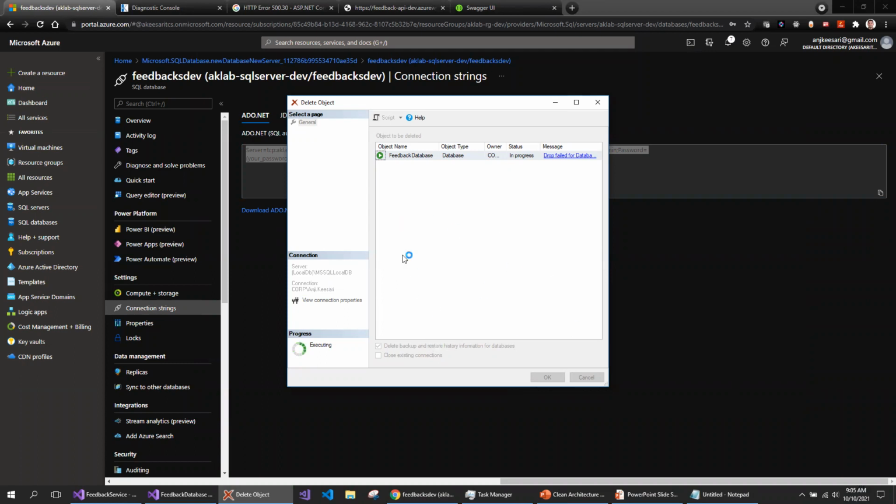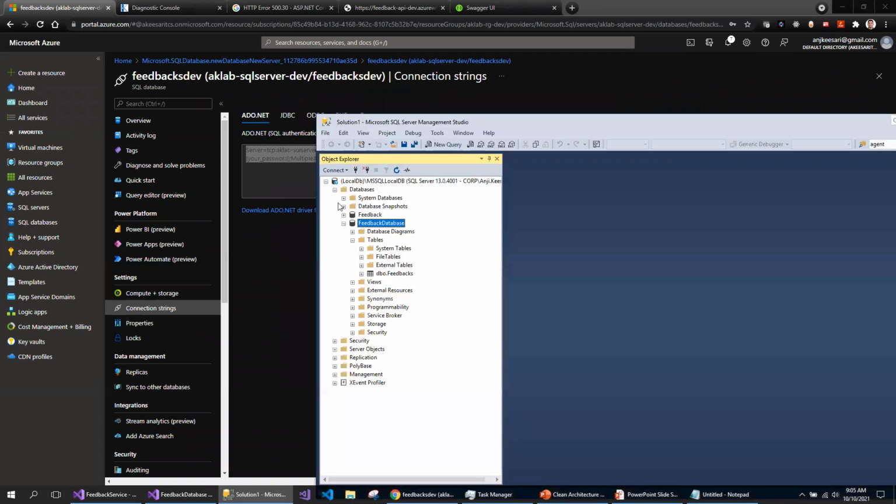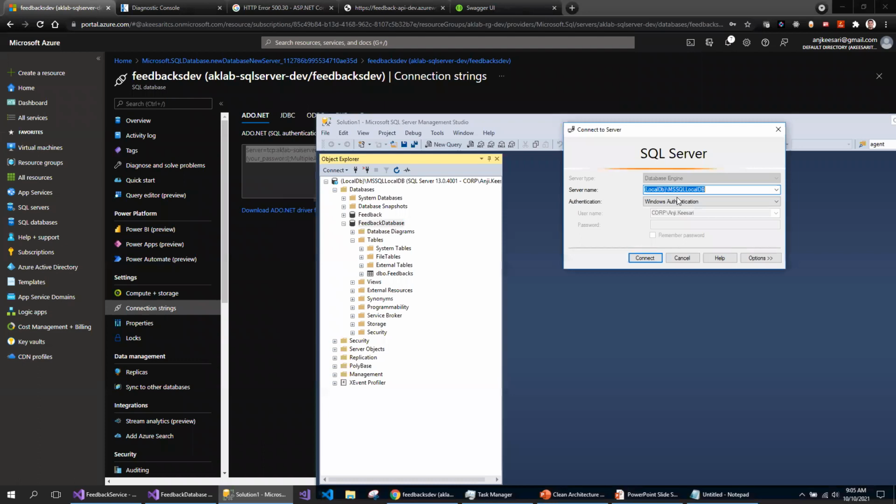I'm deleting the local database just to avoid confusion here. But if it is taking time, I will cancel it and try to connect from SSMS to the Azure version. Okay, so ignore that for now. So let's connect.